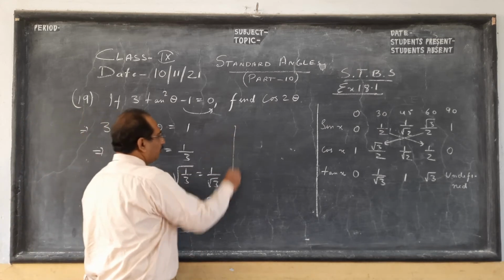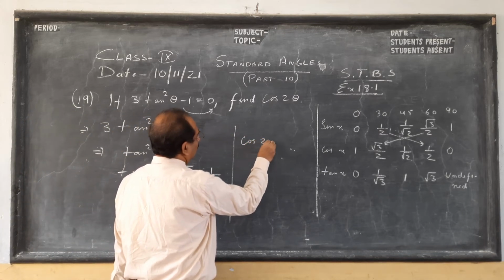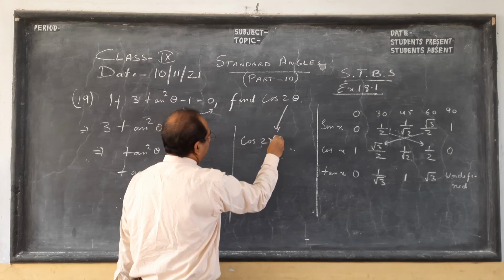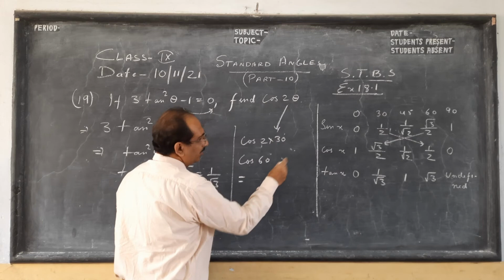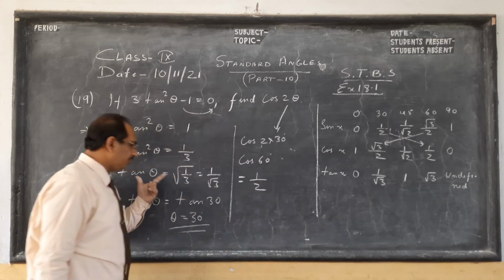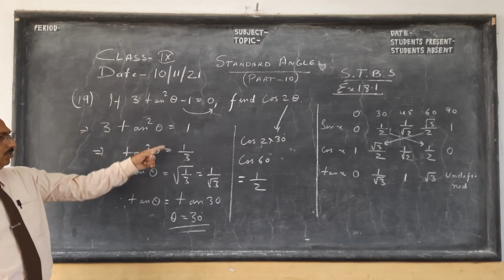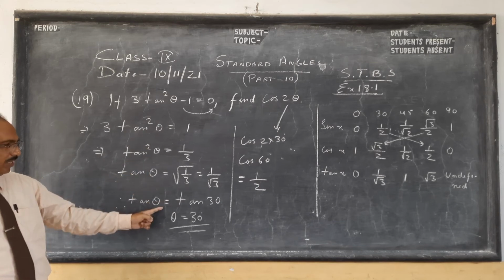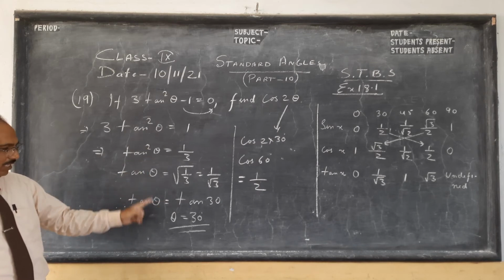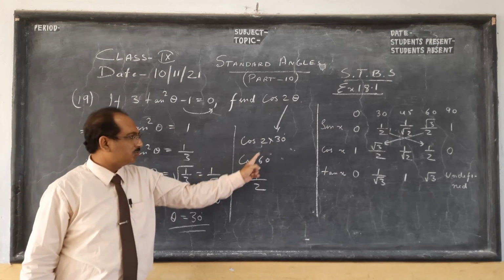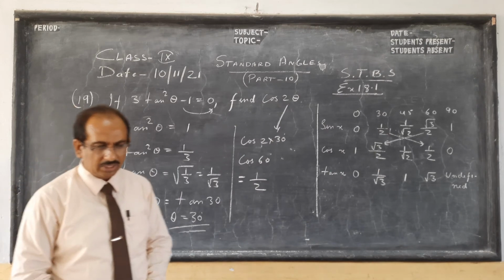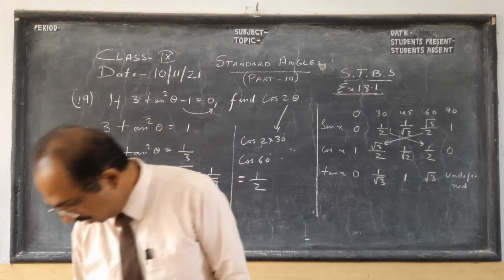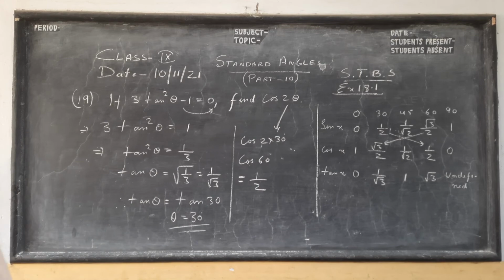Now next, if we have to find cos 2 theta, so in place of theta we will write 30 degree. So cos 60 degree we know is half. So once more we solve for theta. 1 goes that side, 3 goes down, we take square root because this was tan square. So once we get theta, cos 2 theta, theta's value you put 30, cos 60 is half. Then after this we will move on to one last question, 24 or 25.